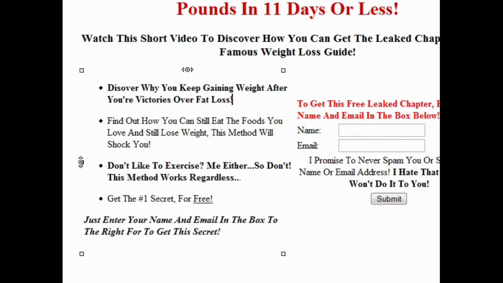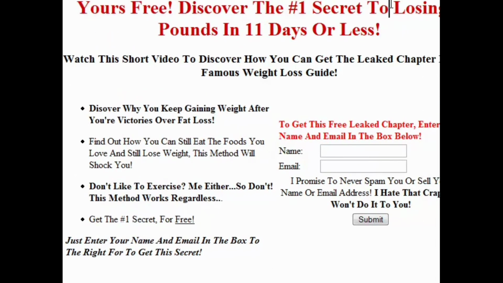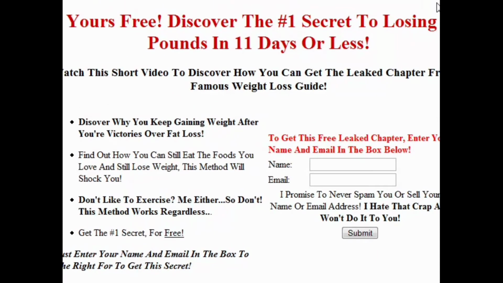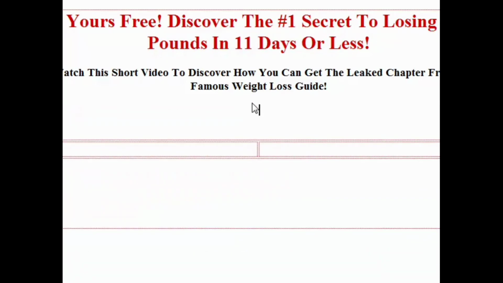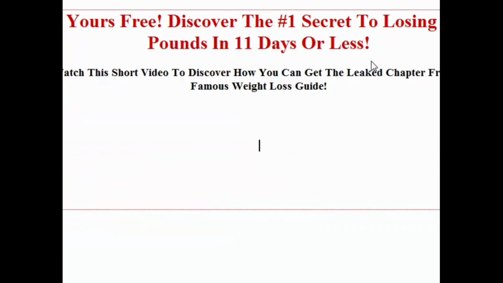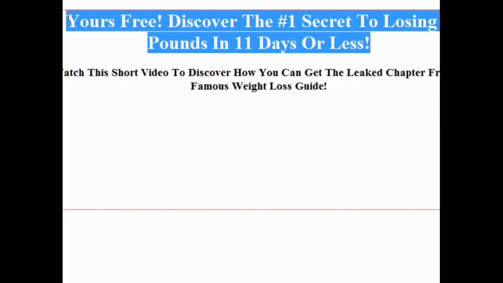Now, we need to set up the thank you page. Okay, that's our next goal. And so in order to do that, we need to readjust this page. Now, I've already saved this as the index page. So all I'm going to do is I'm just going to delete this because I don't want to mess with the formatting really much at all. So all I'm going to do is put a,